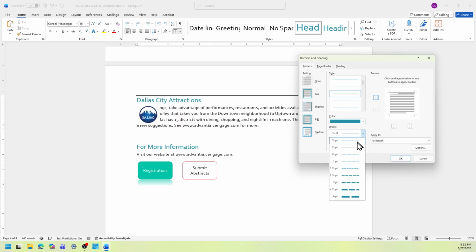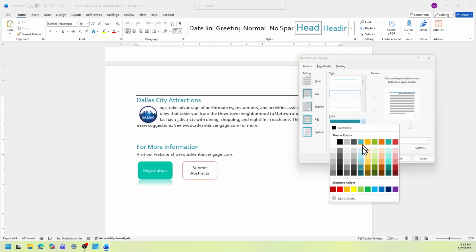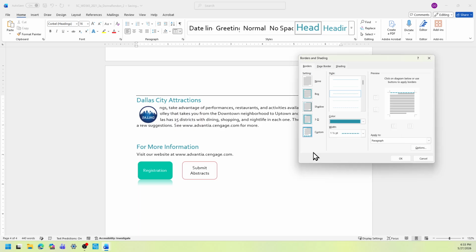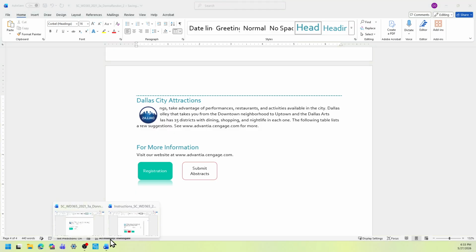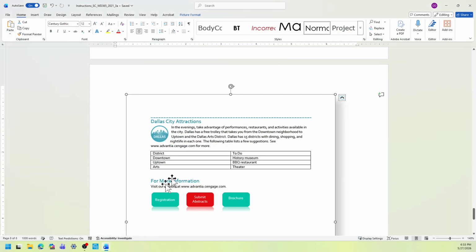And the width should be 1.5 points. So it's not applied yet, so you need to click it once. Okay, so it's the third style, and then the color is second from the bottom row. Turquoise accent 1, darker 25%, and then 1.5 point. Click OK. There you are. And then back to the instruction.